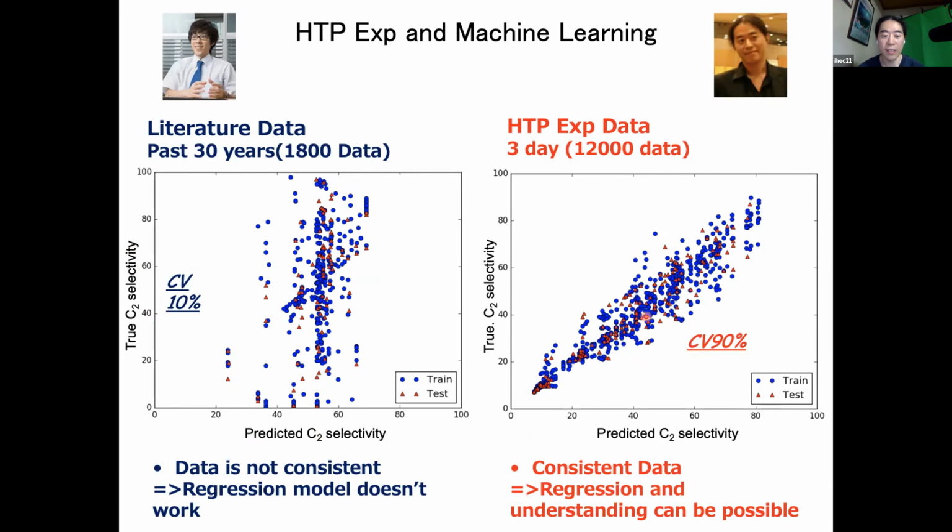The difference is that the literature data is not so consistent. People think literature data is great, but in reality the data is quite biased, and some of it is not trusted. But if you get data from the same people, the same experimental equipment, and around the same time, you can get a good trend. So we realized it's quite important to collect our own data. If you can create your own data, it's quite easy to predict. That's what we found out.